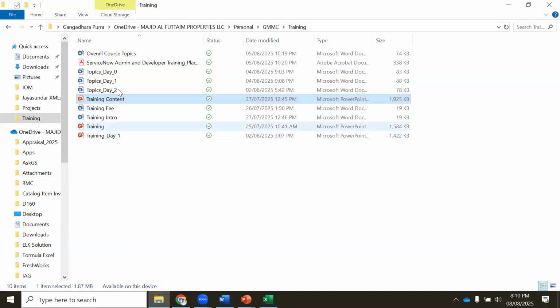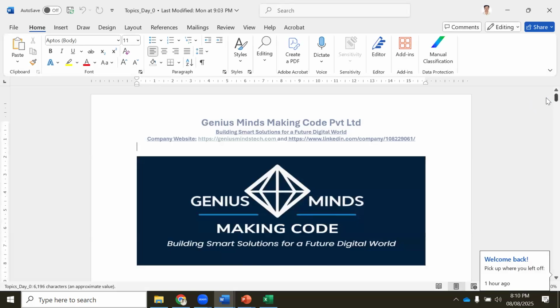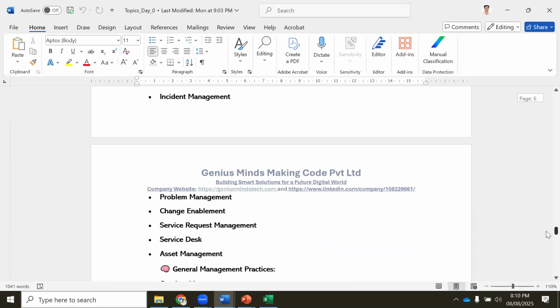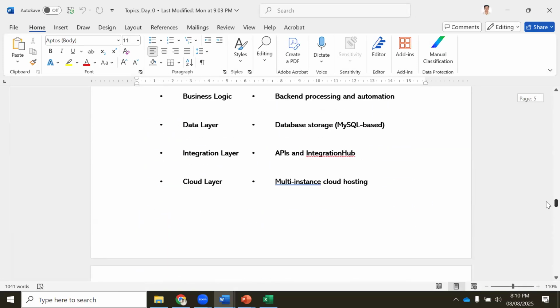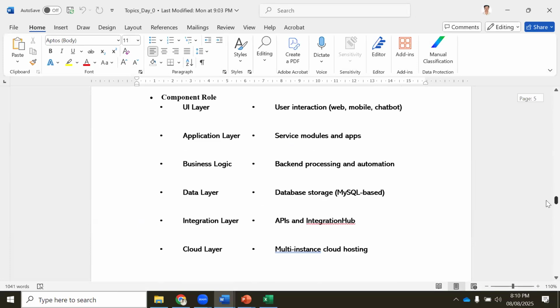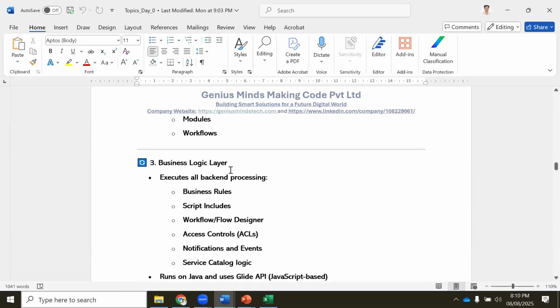I think day 1, day 0 we discussed. So the business layer is nothing but, so these are the business layers. Business rules, scripts, all those things are the business layer.